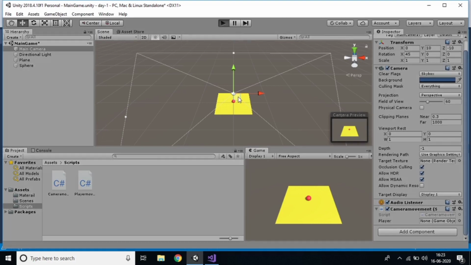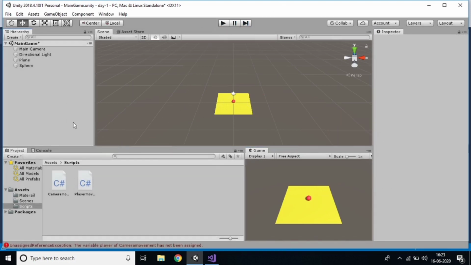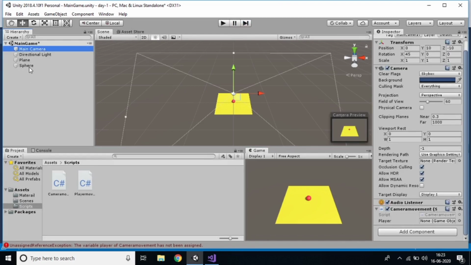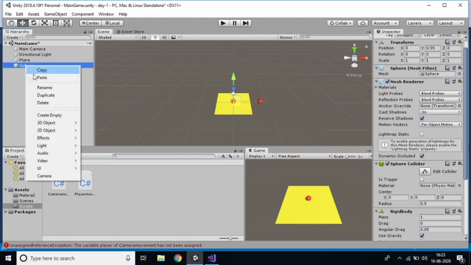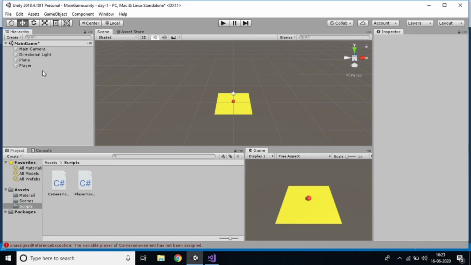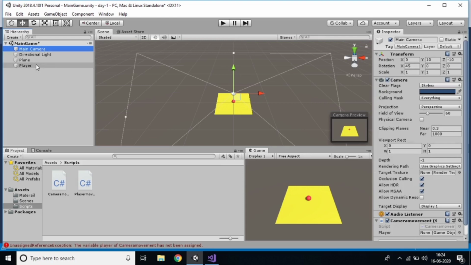Just press play and you can see what happens. Still the camera is not moving. Why? Because in the main camera we have to add the player. So rename this one as player, then drag this player and drop it here.